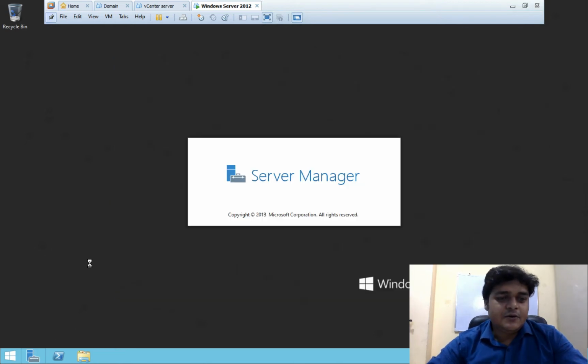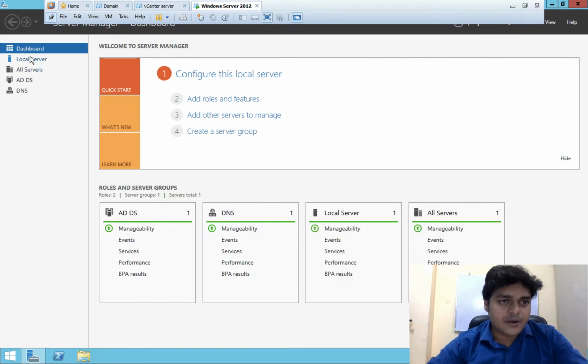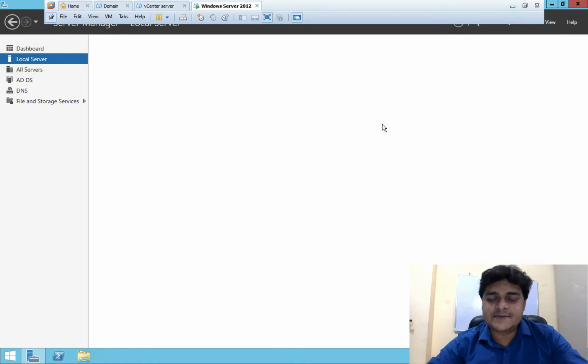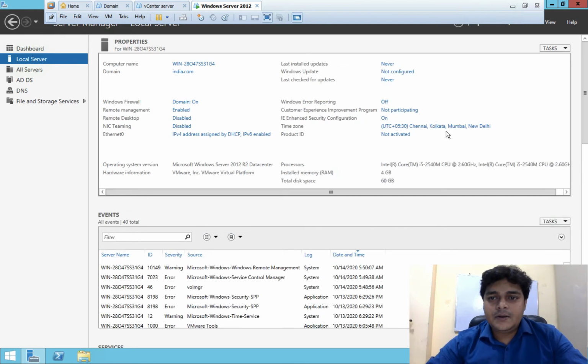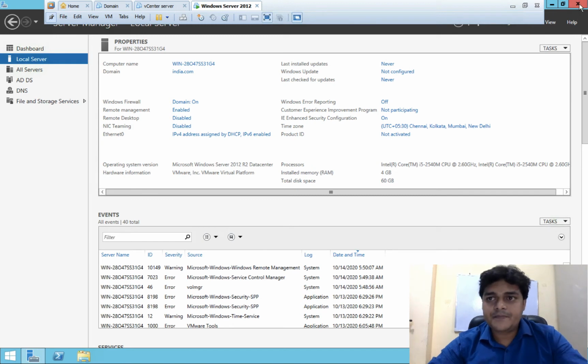And second, this is a server operating system, so we need to turn off the enhanced security configuration. I'm going to turn it off because we are planning to open our Azure portal over here.